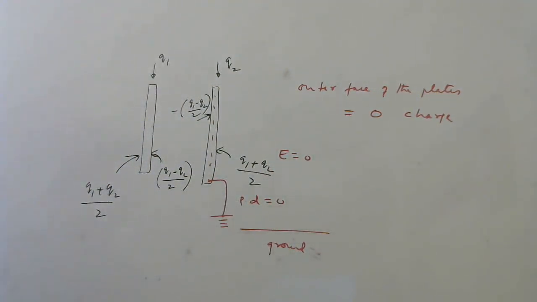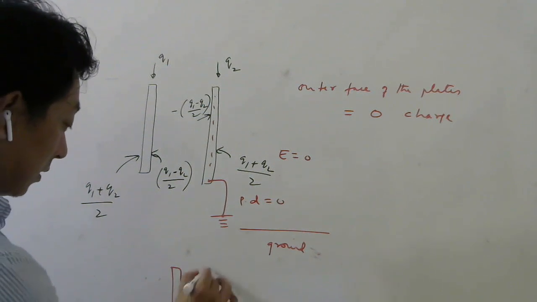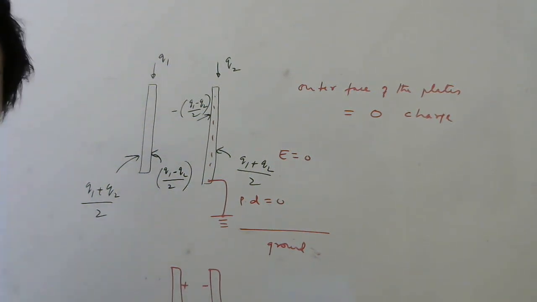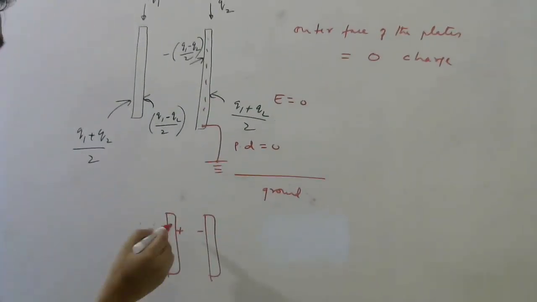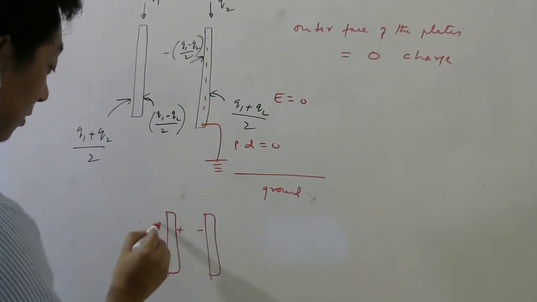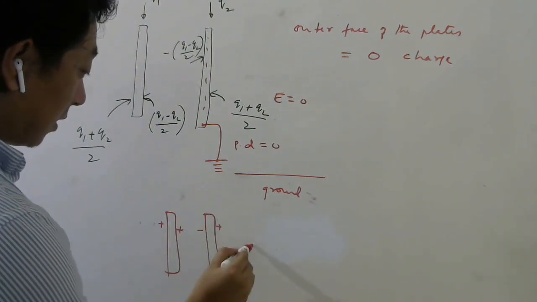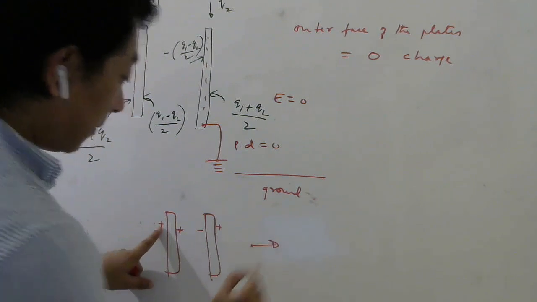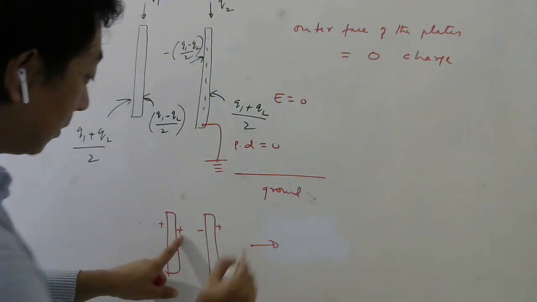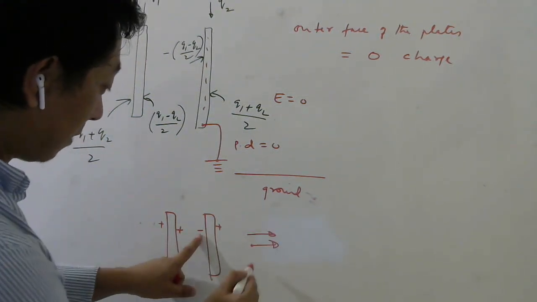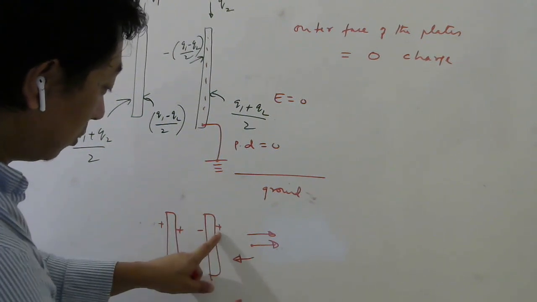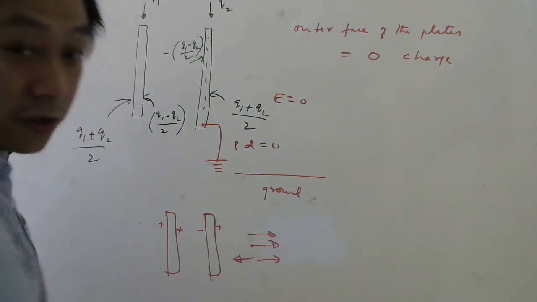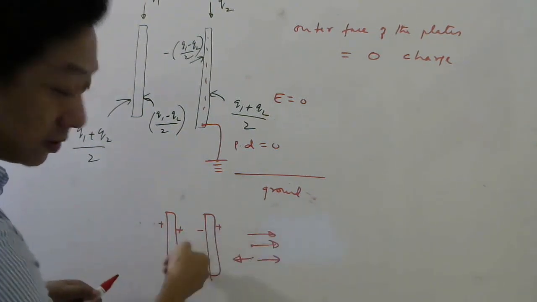Now think of this. Imagine here the plus charge and minus charge should be there, equal plus and minus. Suppose here plus is there and plus is there. Calculate the electric field outside. Due to this plus it will be away. Due to this plus it will be away. Due to this minus it will be towards. Due to this plus it will be away. So you can see the total will not be zero, because 3 are away, 1 is towards.